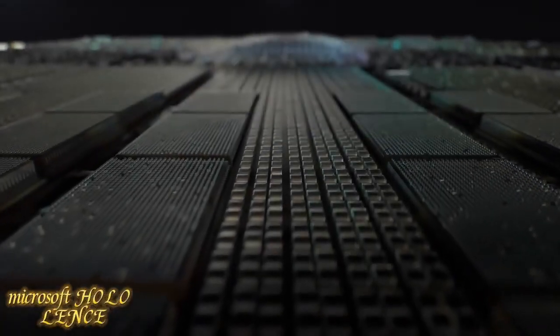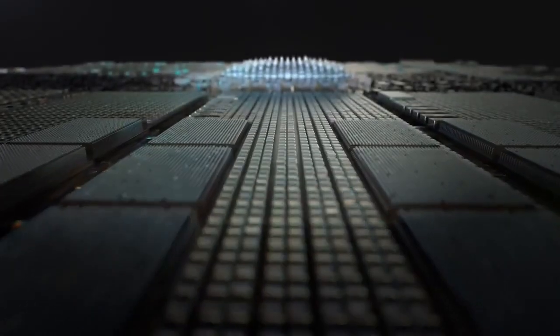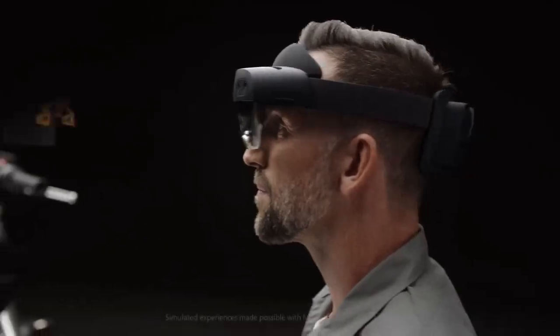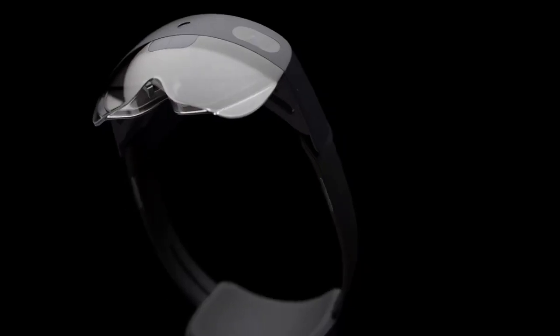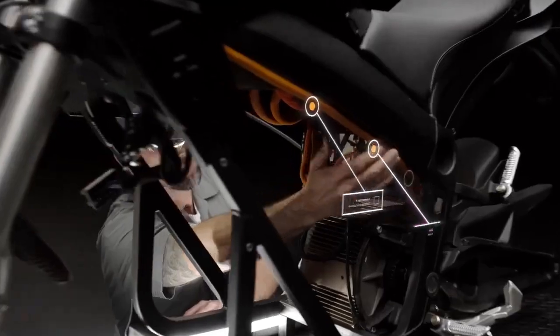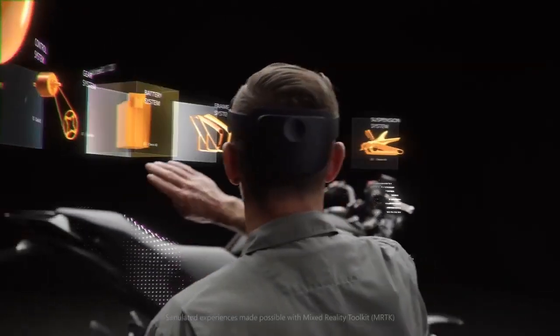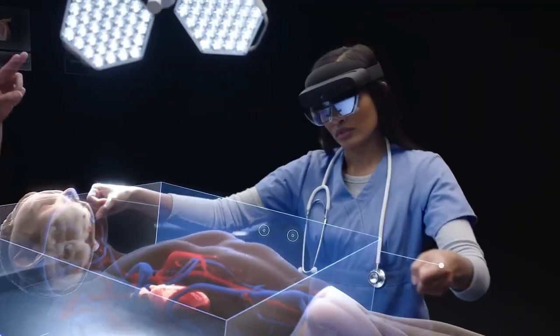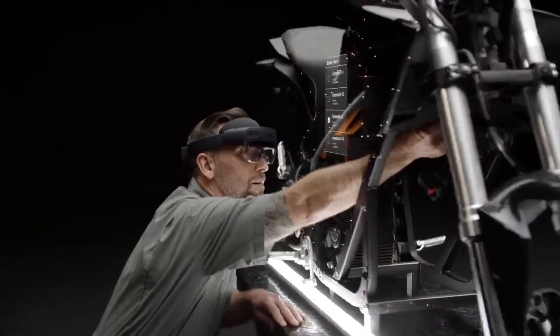Microsoft HoloLens 2 is taking mixed reality to a whole new level, blending the physical and digital worlds like never before. With HoloLens 2, holograms become a part of our everyday lives, offering a truly immersive experience. Its sleek design and advanced features change the way we interact with information and work together. From exciting gaming experiences to powerful tools for industries, HoloLens 2 lets users see, create, and interact with digital content in completely new ways. It has the potential to reshape industries, improve how we work, and open up endless opportunities